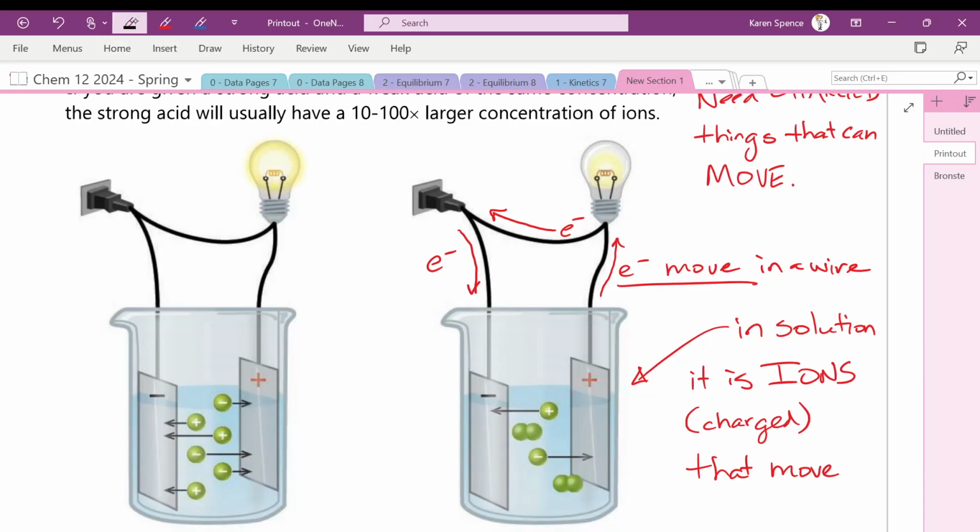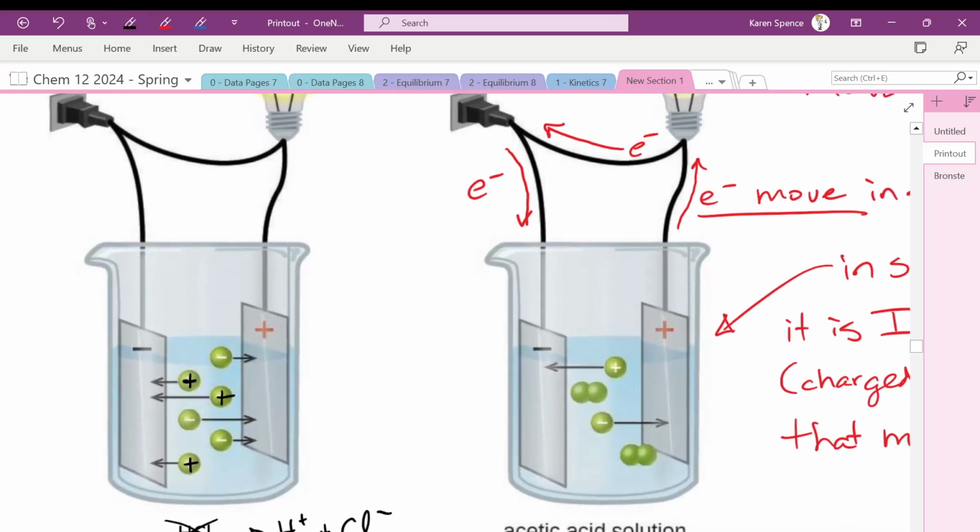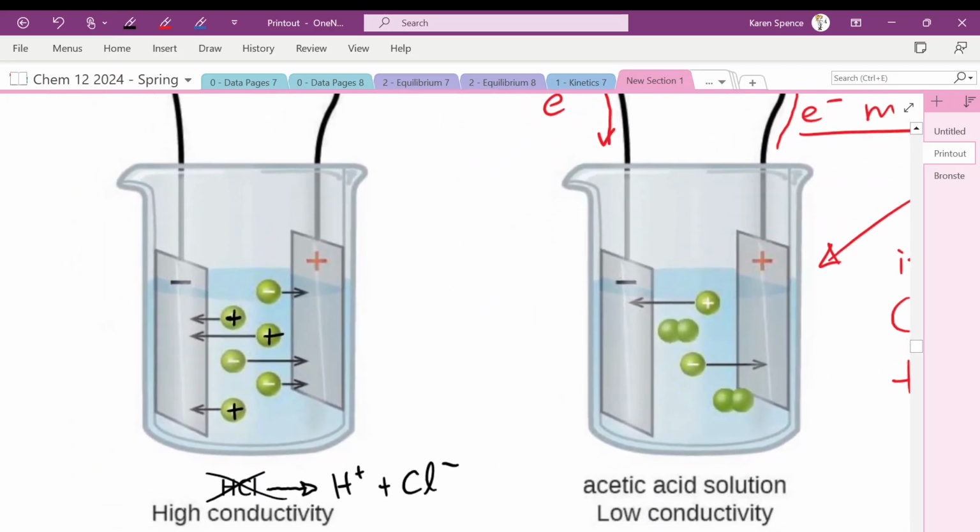So if we look at HCl, remember HCl dissociates into H+ and Cl-, and it all dissociates. So you're left with no HCl stuck together. What you are left with is H+ and Cl-, and if you have these two metal plates,